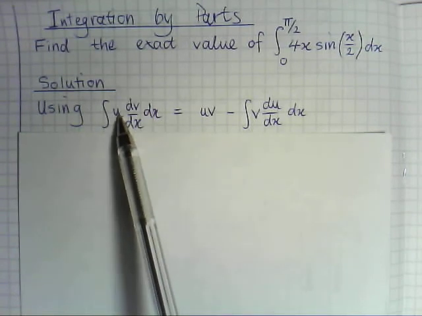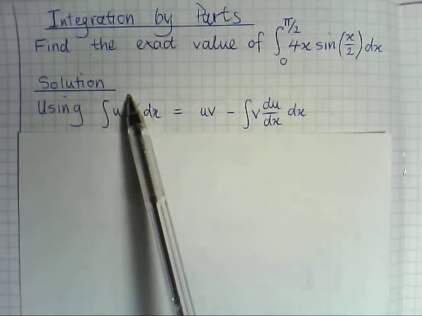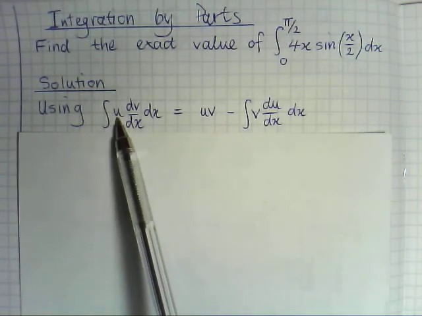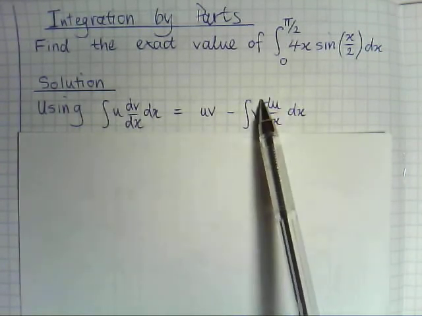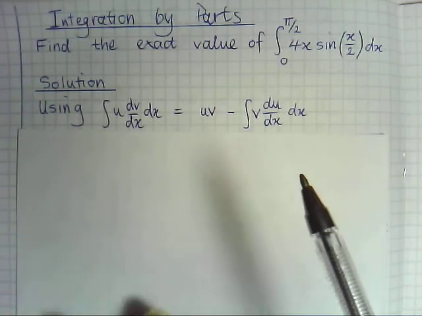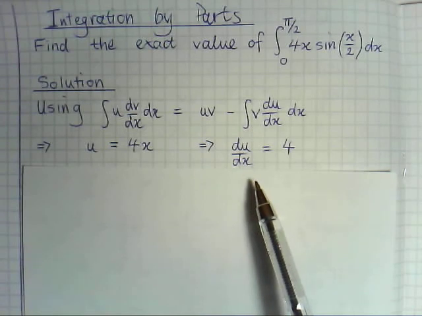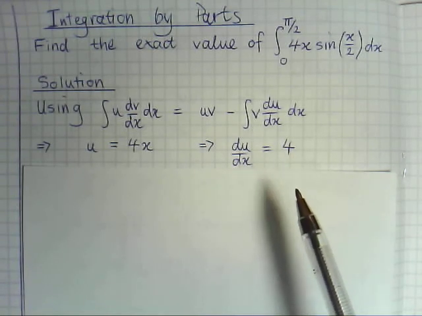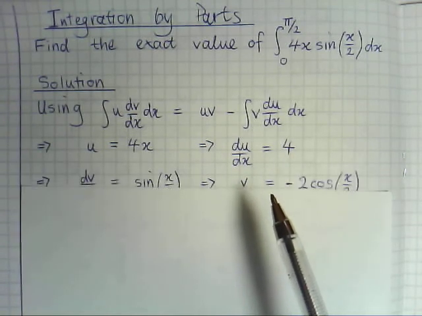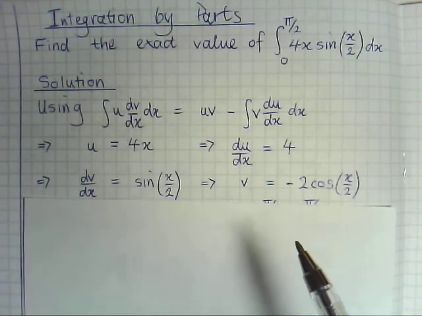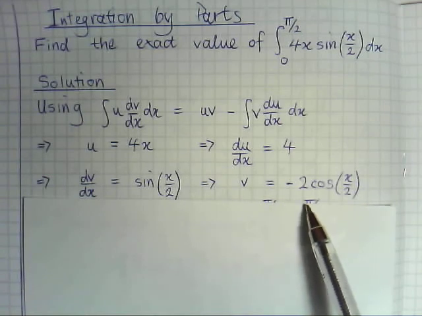So at this point, we need to think about how we're going to integrate this to get v, and we're going to have to think about how we differentiate u to get du dx. So u is equal to 4x, which means du dx is equal to 4. And if dv dx is equal to sine x over 2, then the integral of that would be negative 2